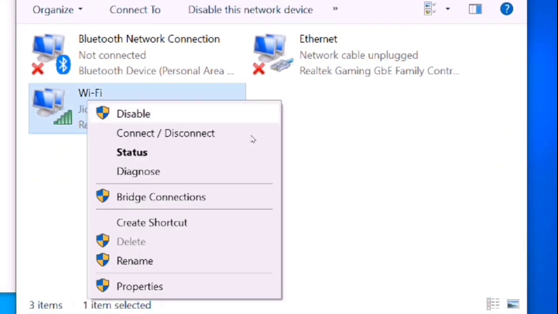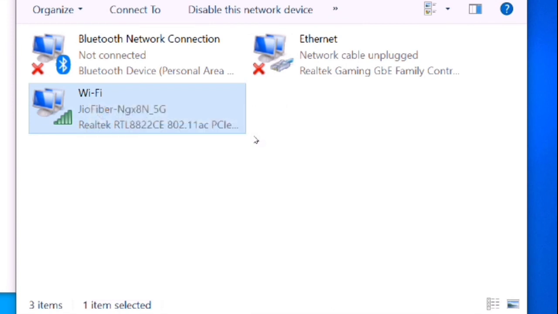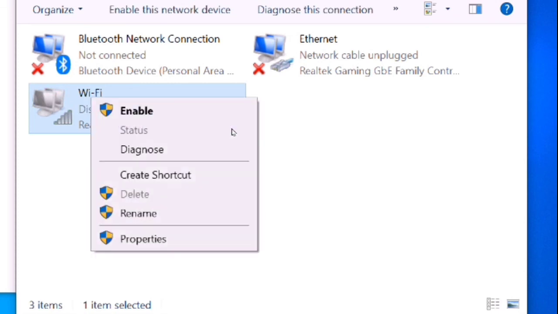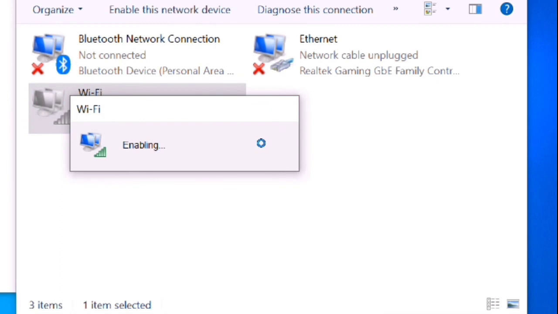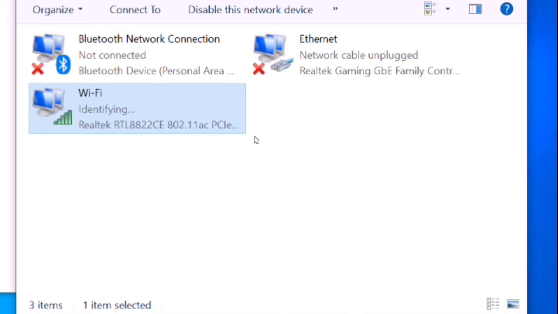Choose your connection, right click on it and disable it. After a while, again right click on it and choose enable. It will definitely increase internet speed, boost internet speed in your Windows 10 system.